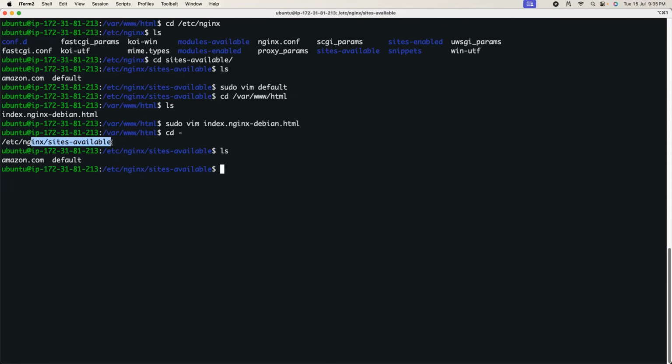etc nginx sites-available. This can be an interview question as well. Abhishek, can you use Nginx to serve static content for various domains? The interviewer might ask you, like, we have example.com, example.in, we have abc.in, and we want to use a single Nginx web server. The answer to it is yes. What you have to tell the interviewer is that within this particular folder, they need to create files just like default, example.com, example.in,